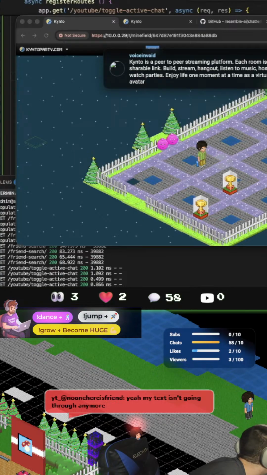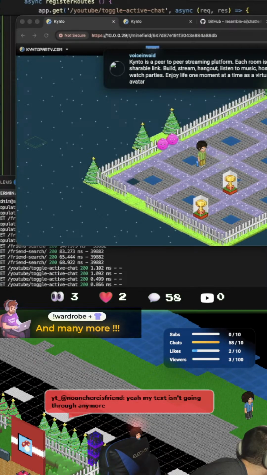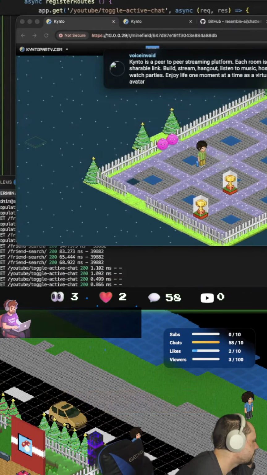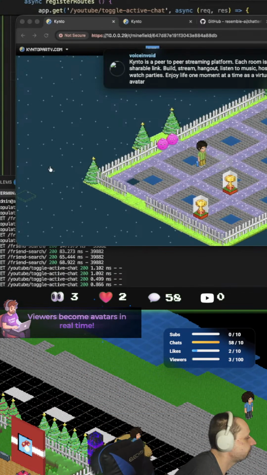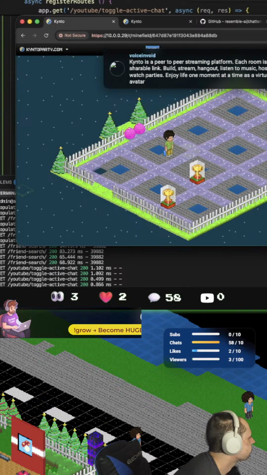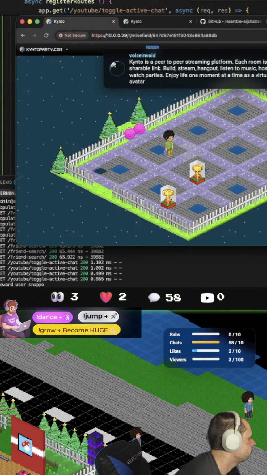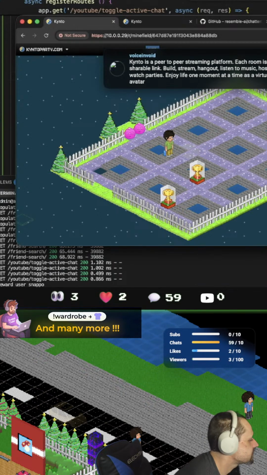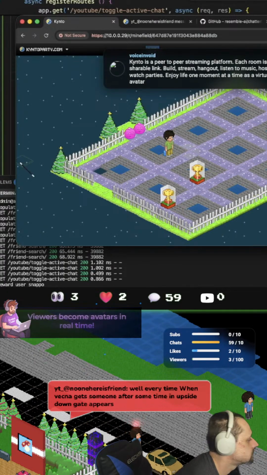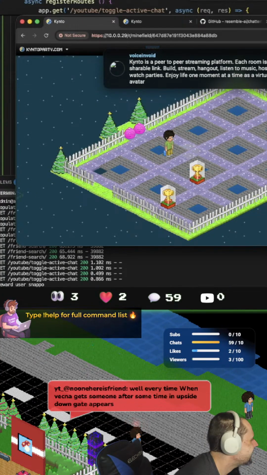Every time Vecna successfully unalives someone, after some time an upside down gate appears for them. Yeah, I read that. Upside down to infiltrate. I'm seriously not sure why YouTube skips in some chats. I think it has something to do with chat length, but